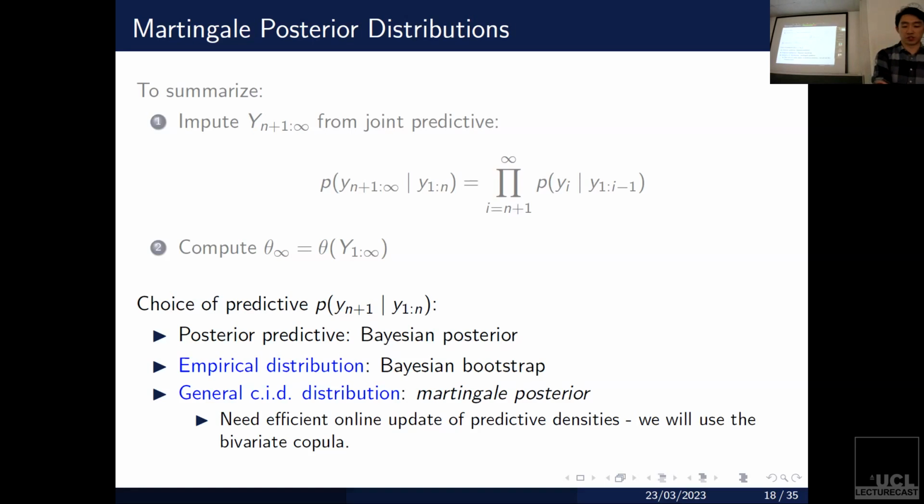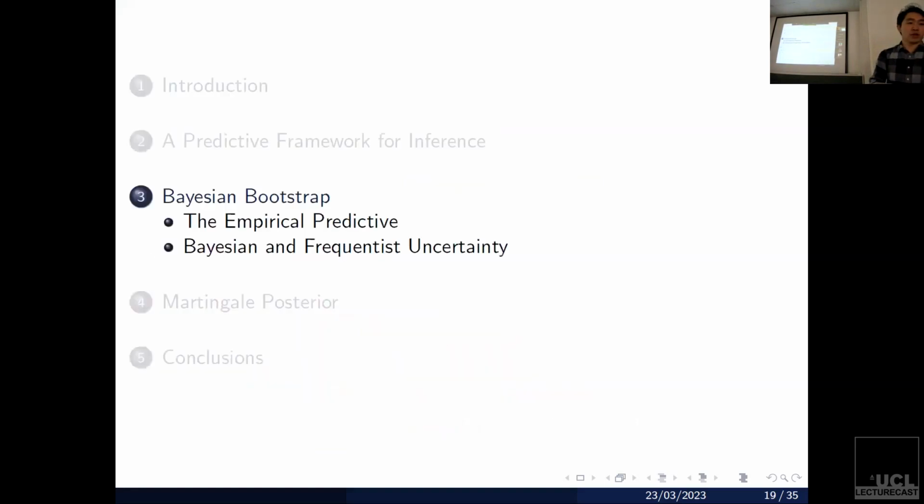Let's start with the empirical distribution. So I'm going to talk a little bit about something called the Bayesian Bootstrap, which arises really naturally from this interpretation. The Bayesian Bootstrap is really, really old, actually, but there have been many ways to reanalyze it. And we're going to use the Bayesian Bootstrap as our workhorse to compare Bayesian and Frequentist uncertainty in a way that we think is quite intuitive.